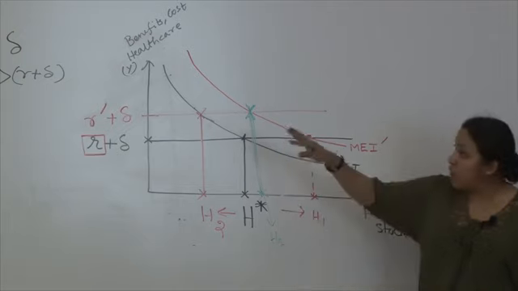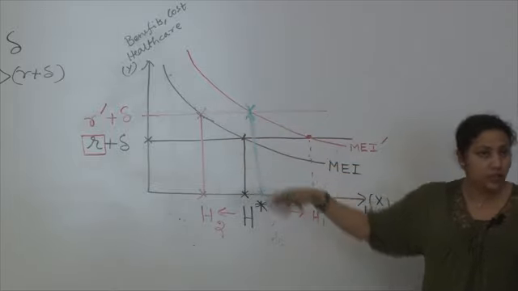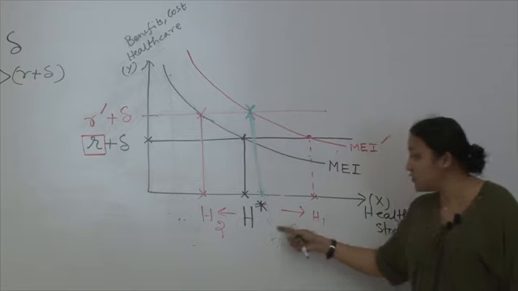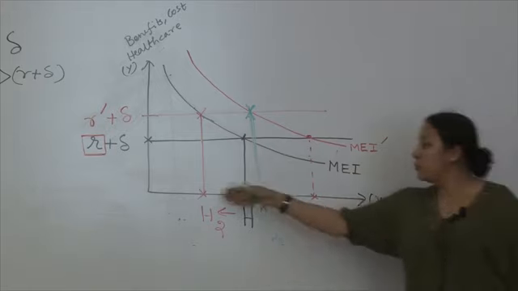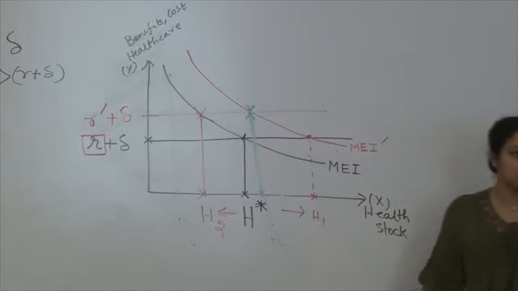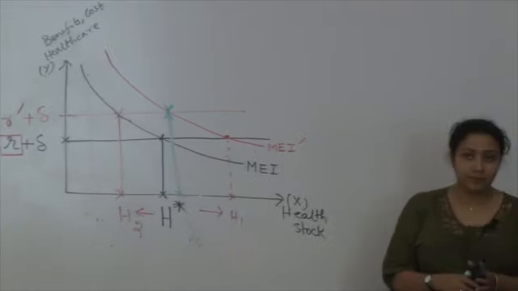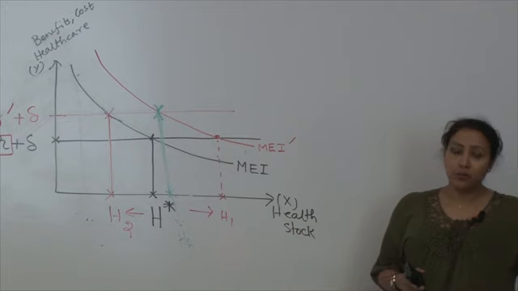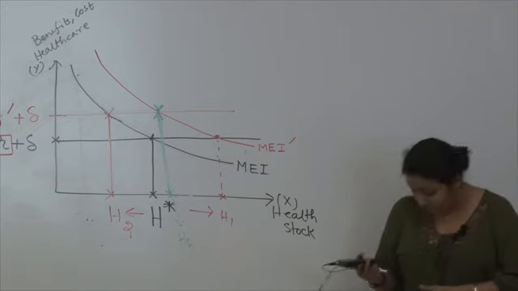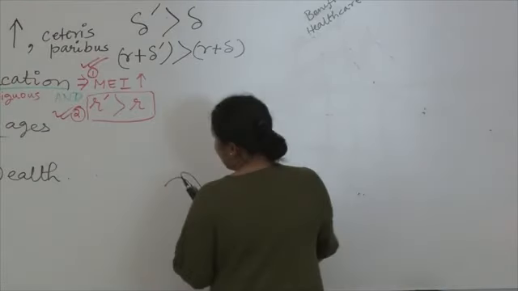If you weigh the and situation with the or situation, you don't know where this H3 is going to actually lie. That H3 could be more towards H1, it could be there depending on where those curves are set. That basically tells you that it is an ambiguous effect. Education has an ambiguous effect. It just depends on country to country, population to population, perspective to perspective. Okay? Now, the next one is wage rate.